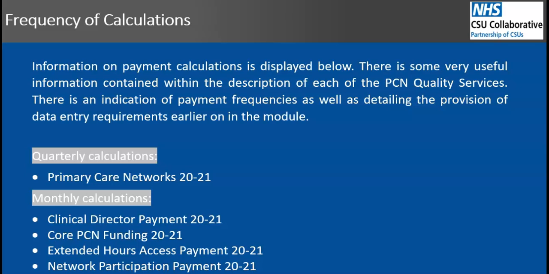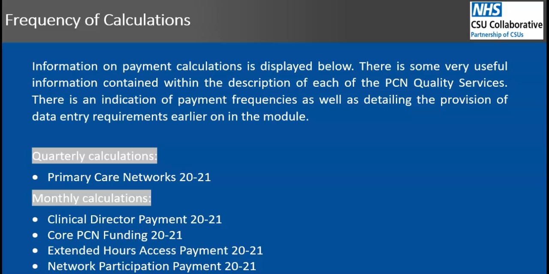Information on payment calculations is displayed below. There is some very useful information contained within the description of each of the PCN quality services. There is an indication of payment frequencies, as well as detailing the provision of data entry requirements earlier on in the module. Quarterly calculations are for Primary Care Networks 2021. Monthly calculations are for Clinical Director Payment 2021, Core PCN Funding 2021, Extended Hours Access Payment 2021, and finally